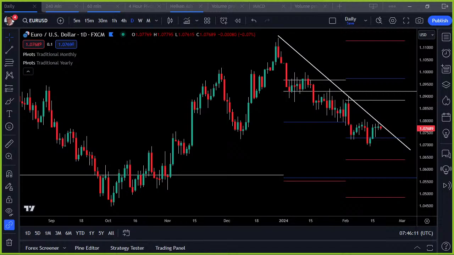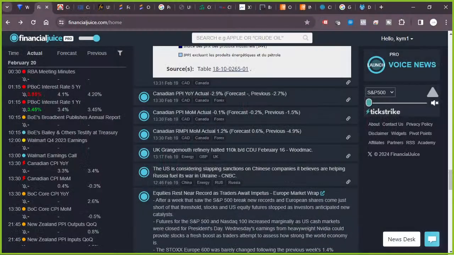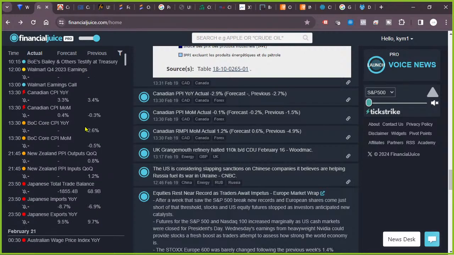Let's just quickly look at the news events that are due out today. We've already seen the Reserve Bank of Australia minutes, which sort of chatted about keeping open the idea of further rate increases, although there were comments that they believe it will get back to the target of 2% by 2025. So there we are, left alone. So it's sort of a back step on that.